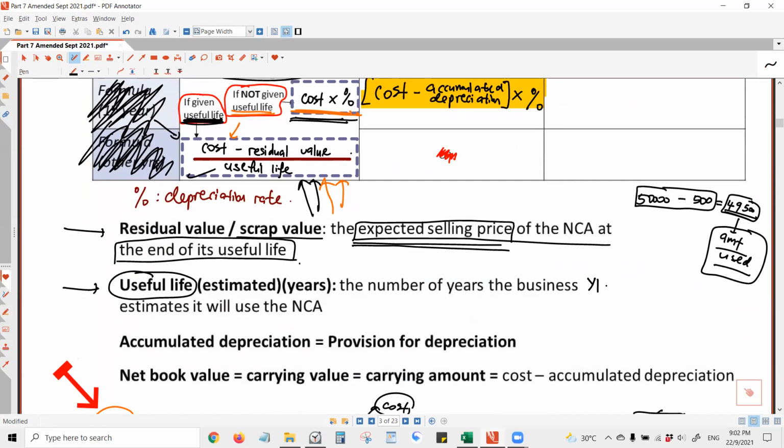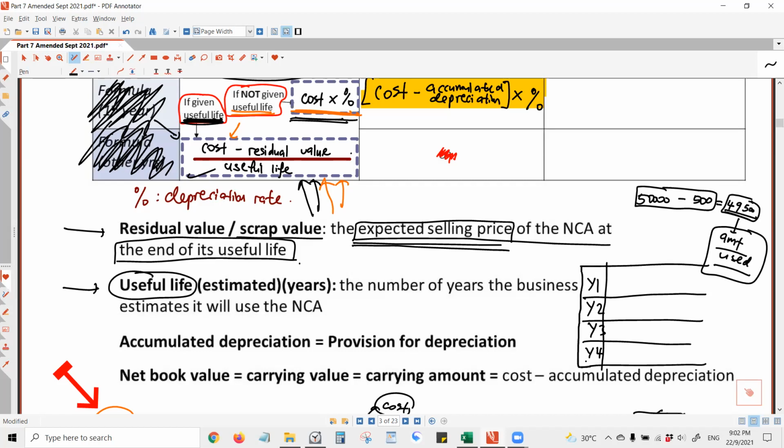Imagine that you bought an NCA in the first year. Call this year 1, year 2, year 3, year 4. In the first year, when you are trying to calculate the depreciation for the first year,